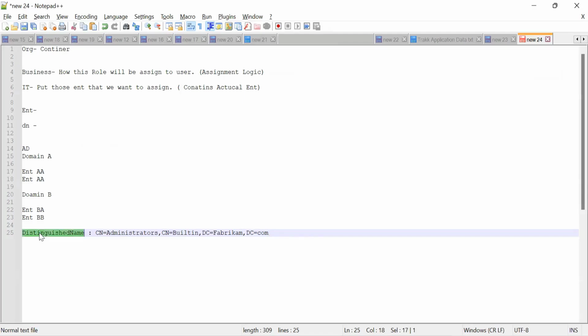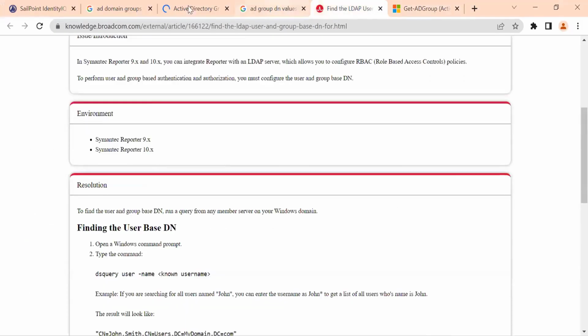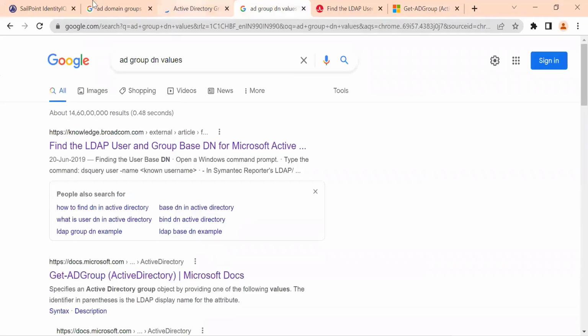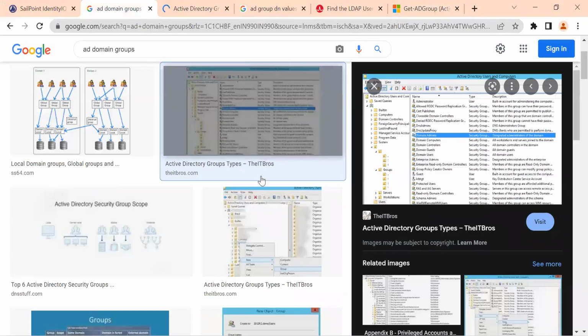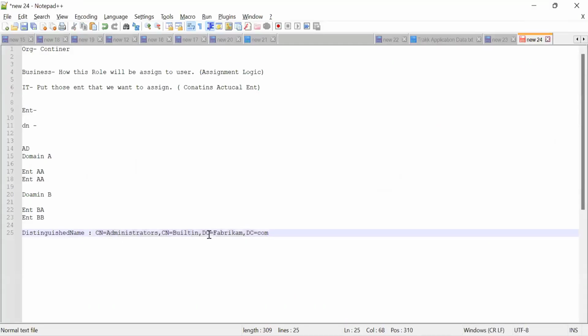This is the attribute name, a distinguished name attribute in the Active Directory system. This is for users as well as for groups. Distinguished name will always give you a unique value, and using that value you can find out where your actual object lies in this kind of hierarchy. You will see a little complex hierarchy like this, how it works. Basically it's a reverse. This is your domain controller. Basically, this is a root,